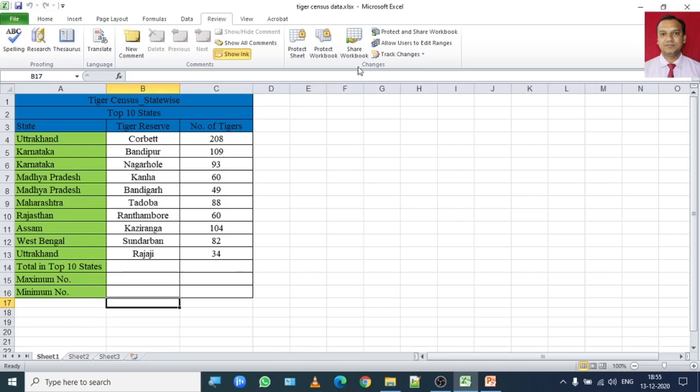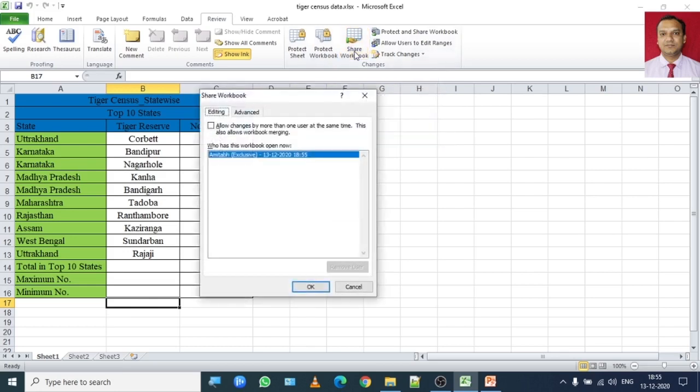So once you click on Share Workbook, it will take you to the Editing tab where you have to enable this option which says allow changes by more than one user at the same time. This also allows workbook merging.